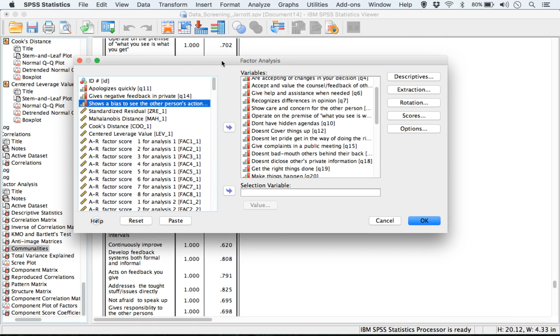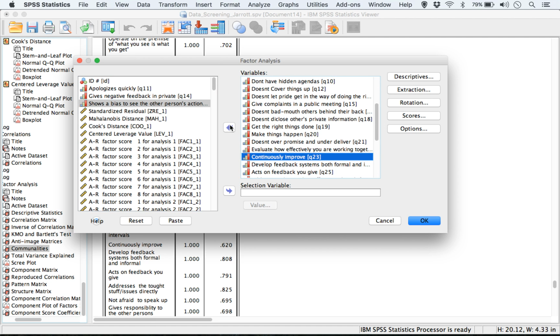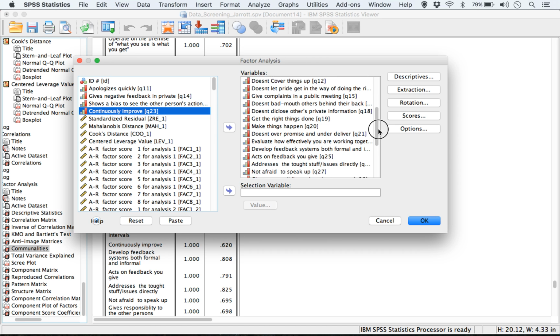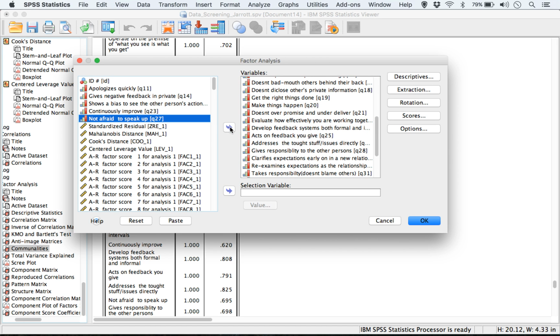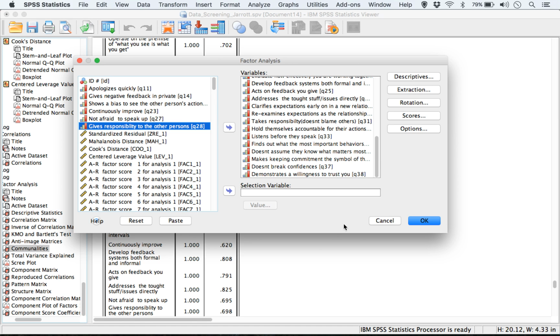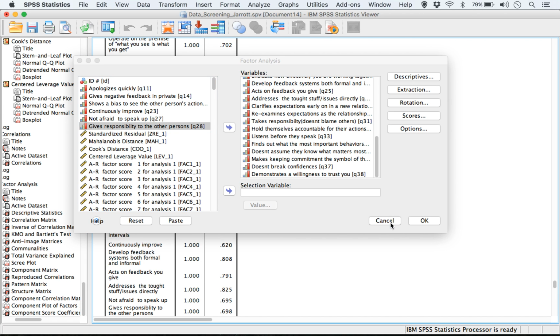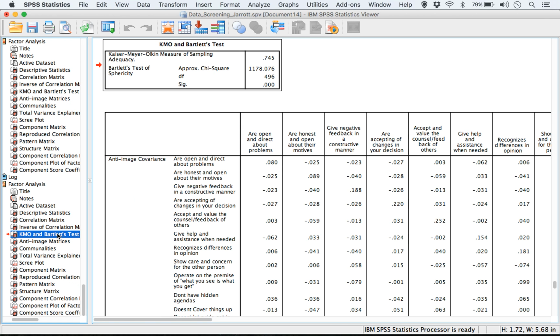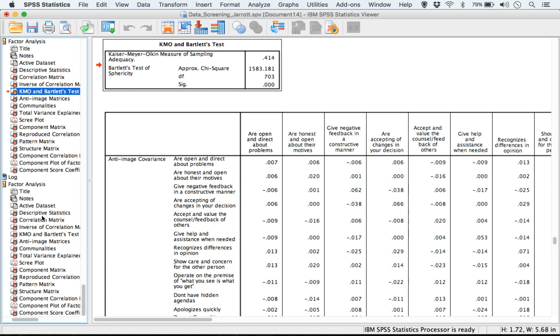Then I see continuous improvement is also a variable that is below, so I'll move this one. Not afraid to speak looks like it's the next one, so I'll move that one. Gives responsibility to the other persons, I'll move that one. And then I'll go ahead and just click OK. Come down here, and I see it's improved greatly. It went from 0.414 to